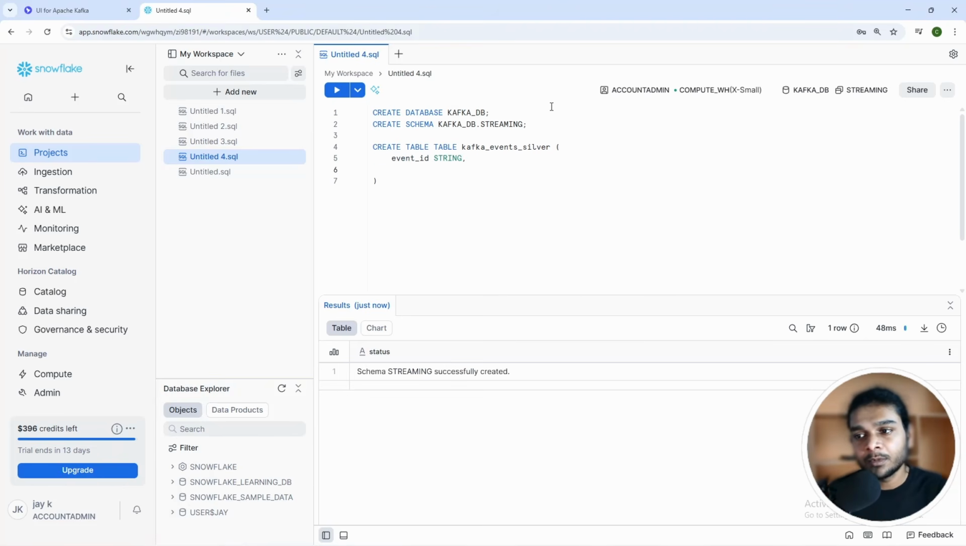now we create the table with the table name Kafka underscore events underscore silver, because the data that we're going to ingest into this table will be the silver data that we just cleaned. So this table will be Kafka event silver, and from this table we do a few more transformations to create a couple more tables, which will be the gold layer tables. And yes, this is the silver table,